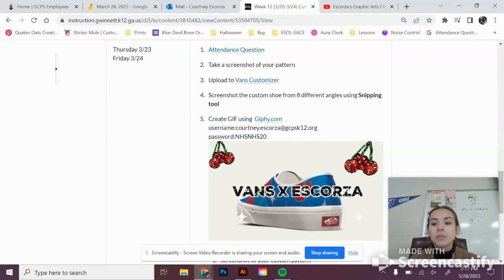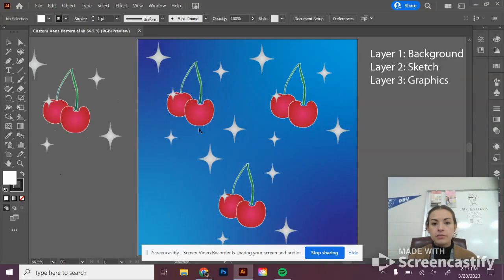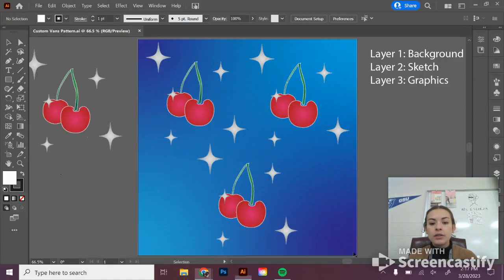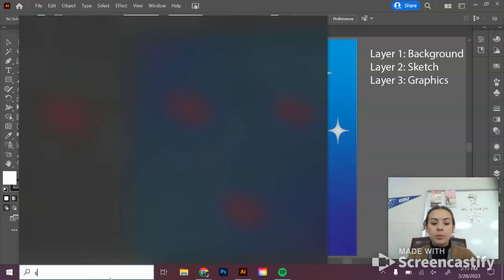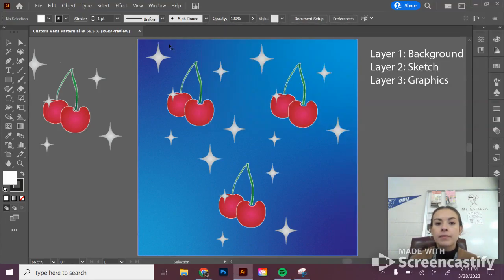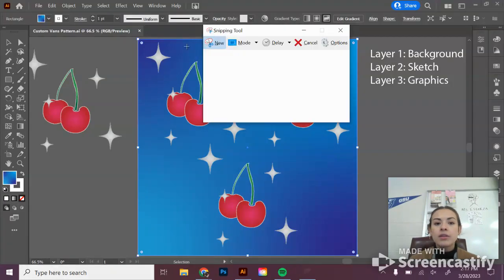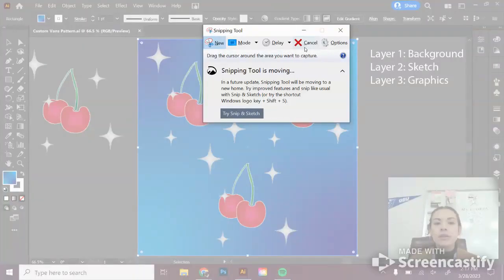So we're going to need some links on here, and before we get to the links, the first thing you're going to do is take a screenshot of your pattern. So what you can do is get a nice view of it, and then you're going to open up Snipping Tool. Down here you can search for the snipping tool and then new, and then take a screenshot